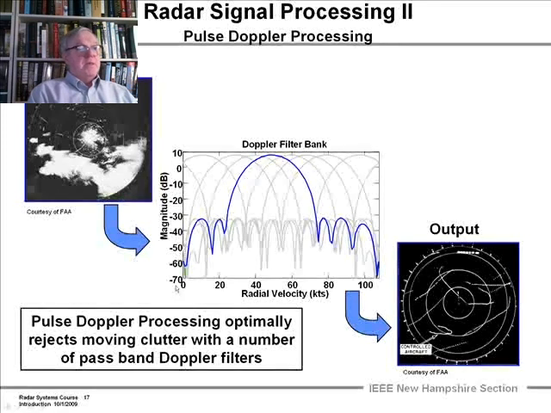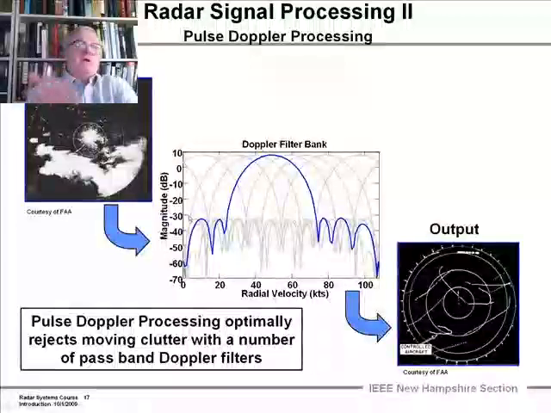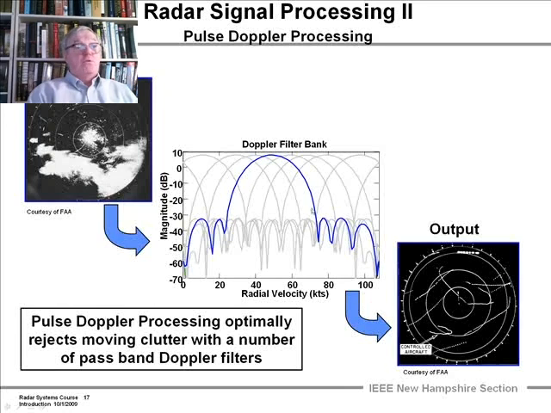Now, this particular show, the radio velocity is only up to about 110 knots, and that's because, which you'll know if you know from your digital signal processing, the time between pulses wasn't fast enough, and these radio velocities, which transform into Doppler frequency, as we'll see when we look at that in detail, they aliased down. And so when you have many Doppler filters, the rain will alias down into different filters, and if you have a couple of different pulse repetition frequencies, you'll be able to, with these pulse Doppler techniques, be able to track very nicely